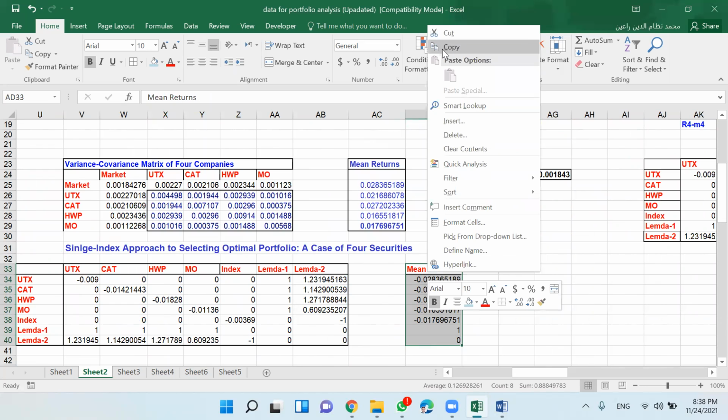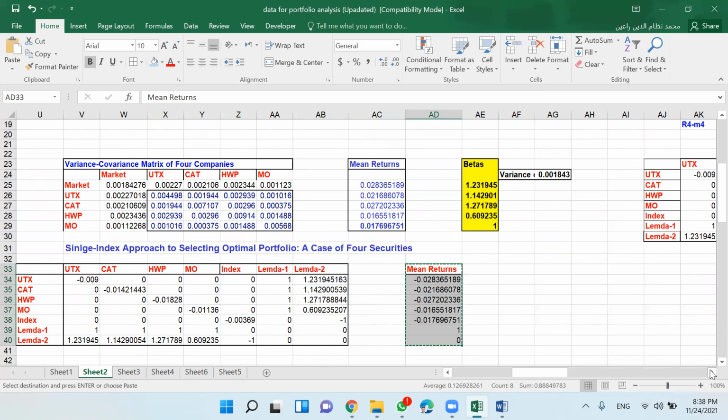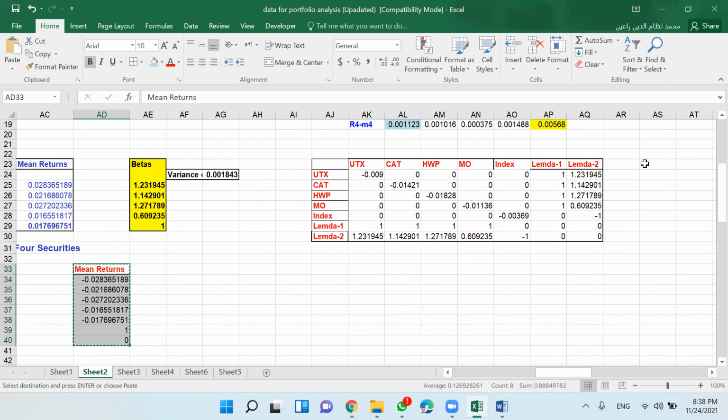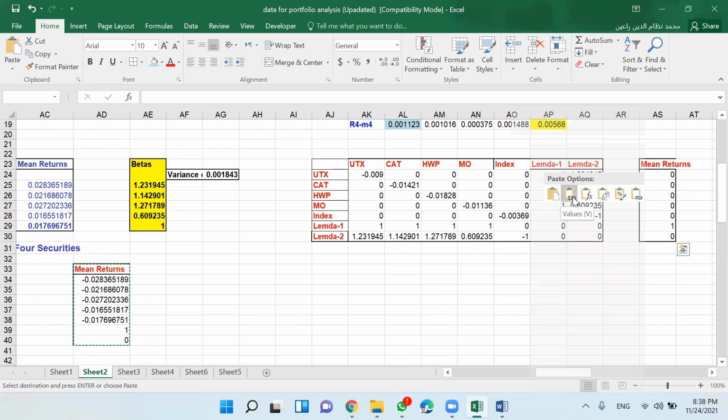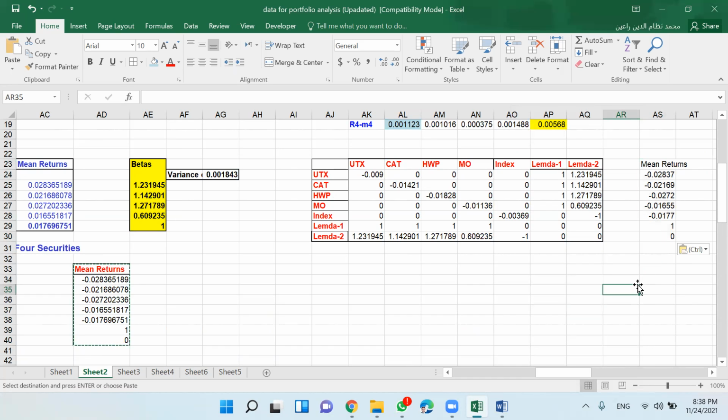You just copy here and put here. I think this is correct. Yes, they are also negatively signed, right? So these are the numbers.